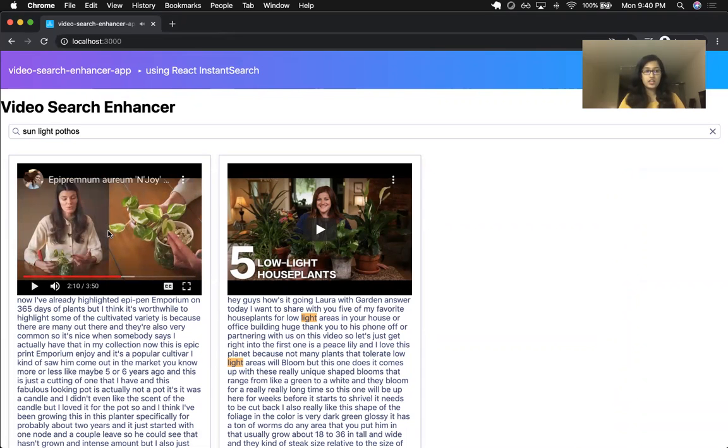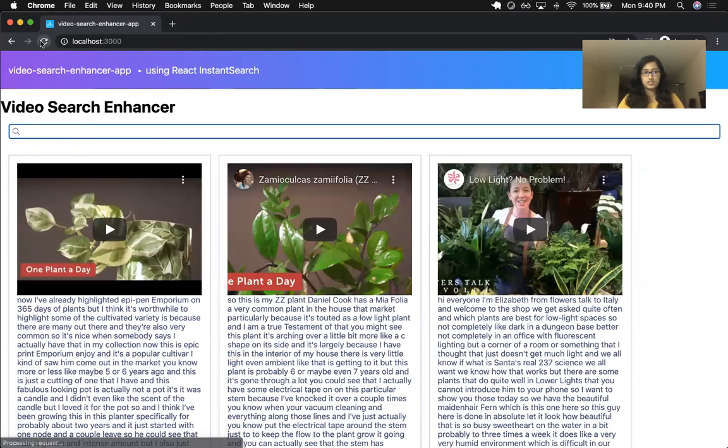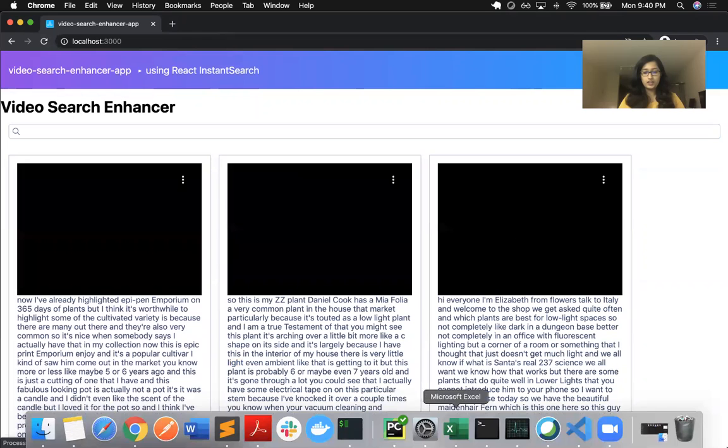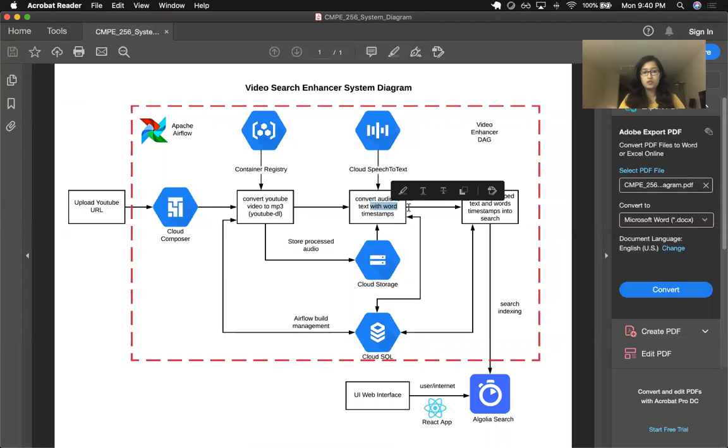So as you can see, this definitely enhances the video search experience. Now let's look at the system architecture diagram of this project. The entire project is built by utilizing Google Cloud Composer. Google Cloud Composer is built on top of Apache Airflow, which is composed of DAGs, and a DAG is composed of multiple tasks. So here I have utilized a single DAG, which is made up of 3 different tasks,